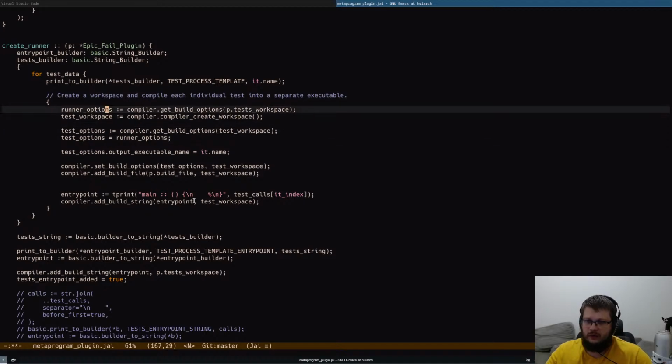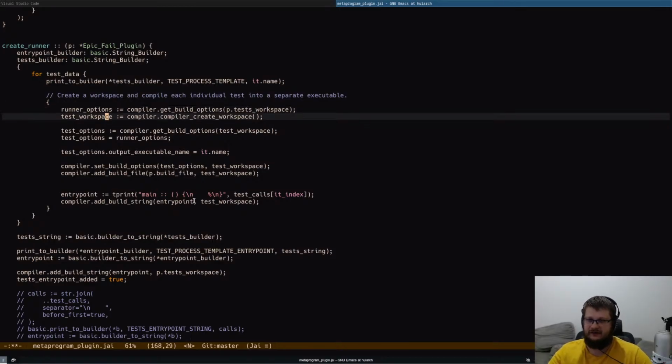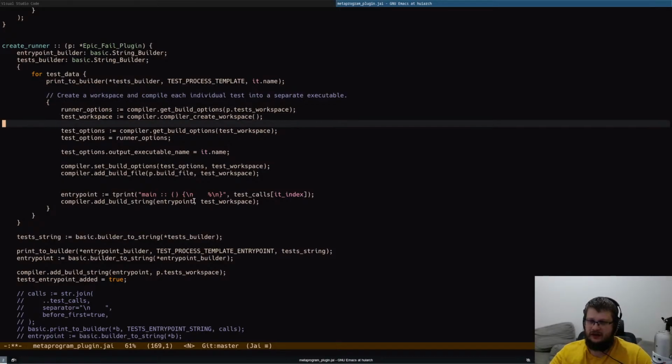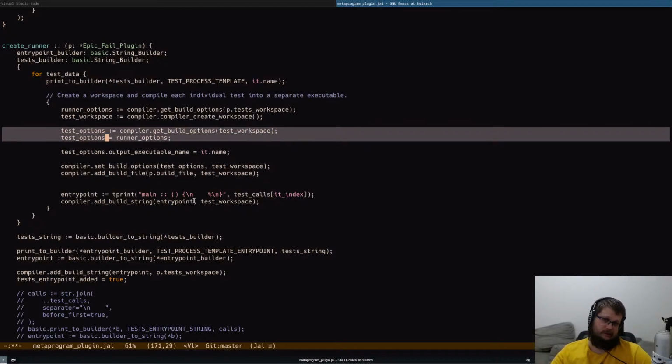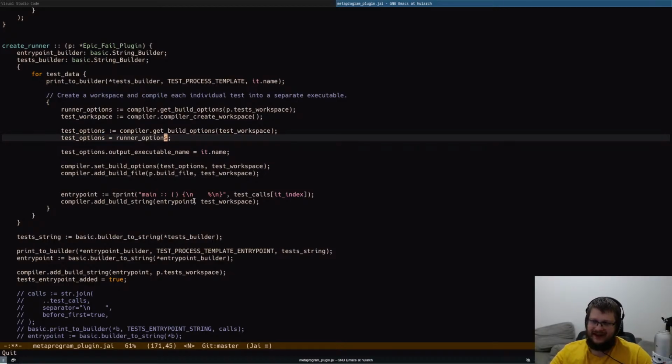So now we get runner options, the main build options for the test runner itself. Then we create a workspace to compile a new test executable. Then we get its build options and copy the runner options into them so they have exactly